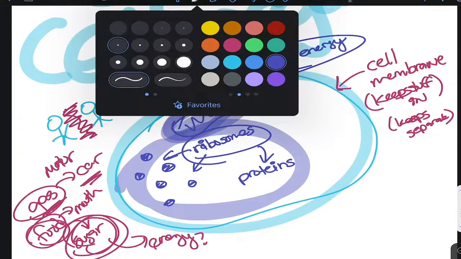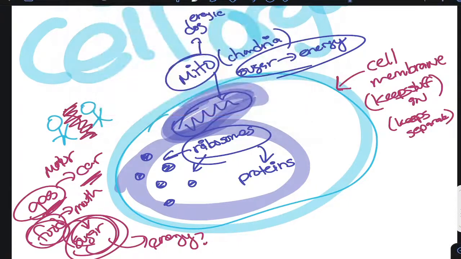But how do you make something without instructions? How do you make something without a recipe? You can't make Rice Krispies unless you know how to make them. Sure, you can have the energy, and a kitchen, and sugar, and ribosomes to make proteins with. But where do you get your instructions from? Who has all the instructions in a cell? Ladies and gentlemen, I introduce to you